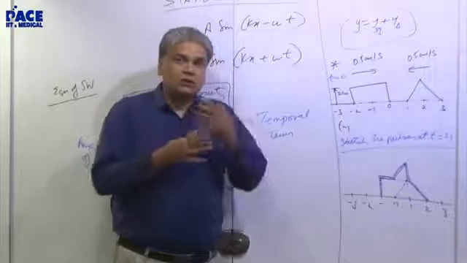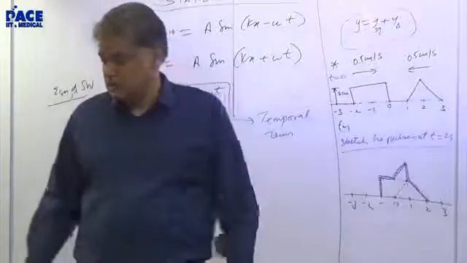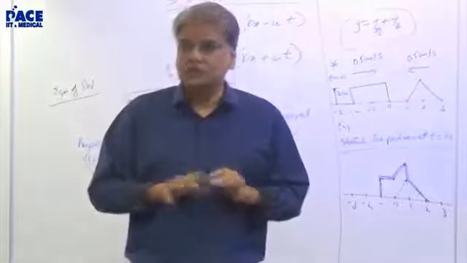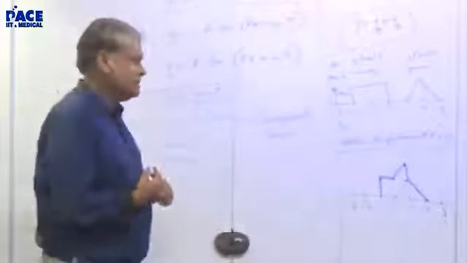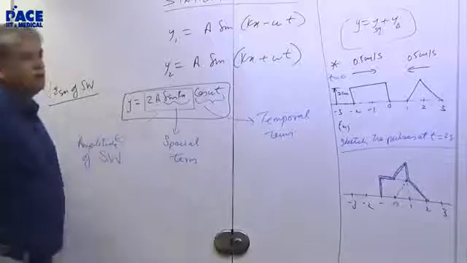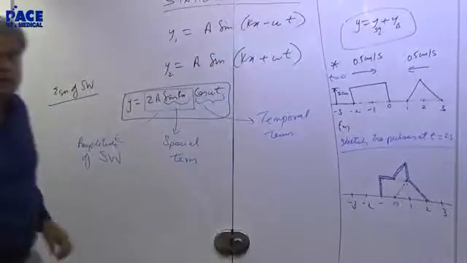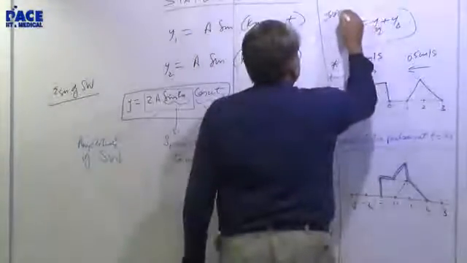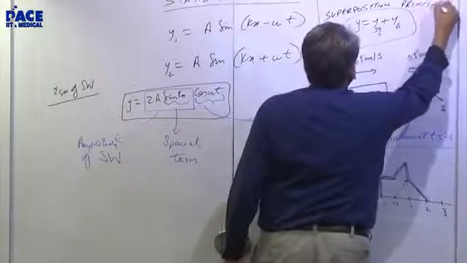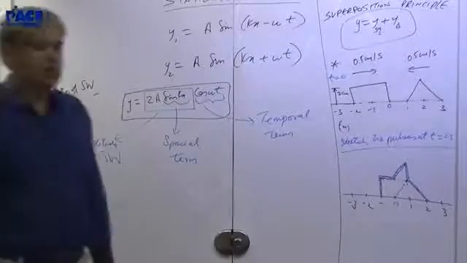So draw y1, draw y2, and at every point add y1 plus y2. And whatever shape comes, that's it. Next moment, again draw it and see what is the shape. It will be complicated to draw the shapes at all moments, but this is the idea. So we do it mathematically. This is just to tell you how it happens. We've added the two. When the waves go, we add everything. That's called the superposition principle. That's what we are using to understand this phenomenon called stationary waves.